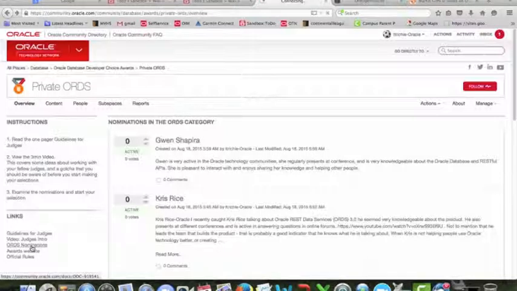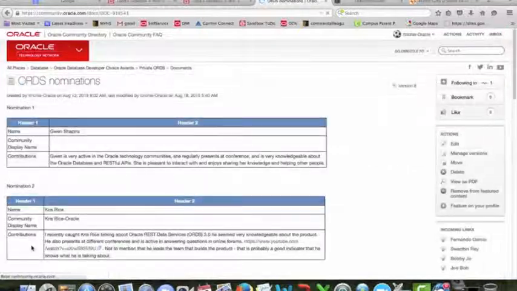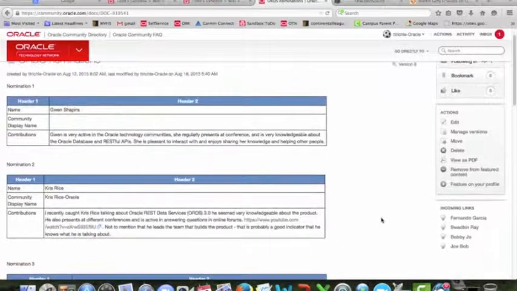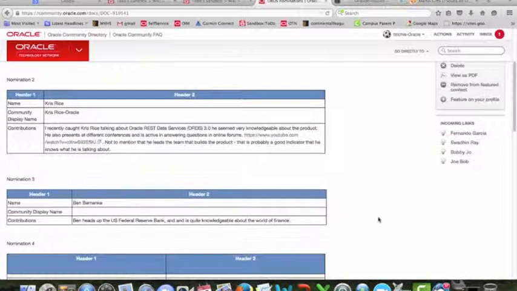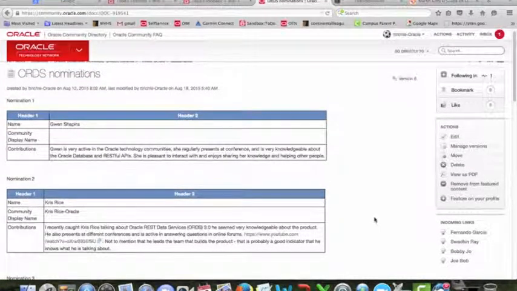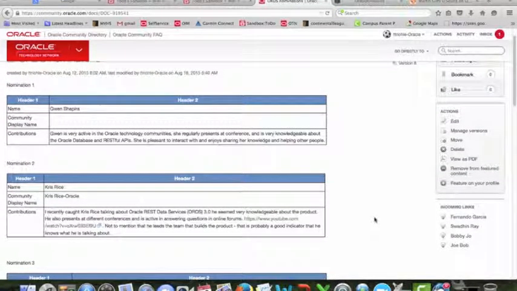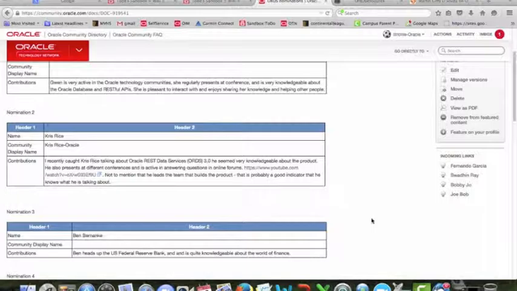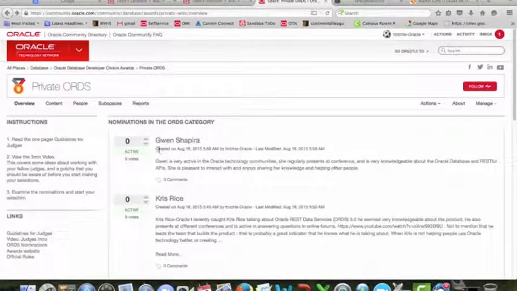If you click on that, you will see a different look at it. Basically a full page, easier to read. When you've got complex nominations, this might be a little bit easier for you to view the different nominations. One of the things that you're going to have to look at here is with the nominations, we will obviously